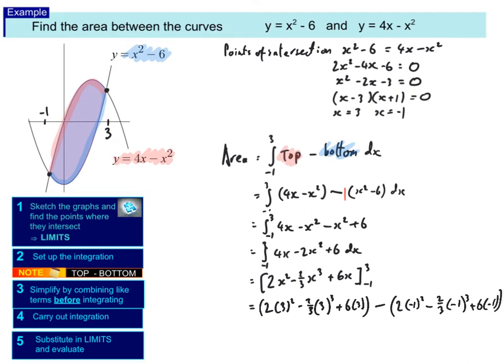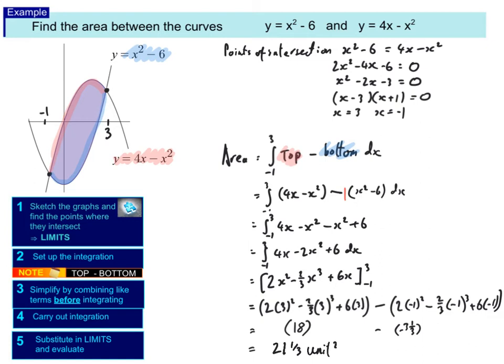Right, I'm going to save a bit of time and plug this into my calculator. So the 3, all of that comes out as 18. Plugging in the negative 1, that gives me negative 3 1/3. That is going to give me a final area of 18 plus 3 1/3. So 21 1/3